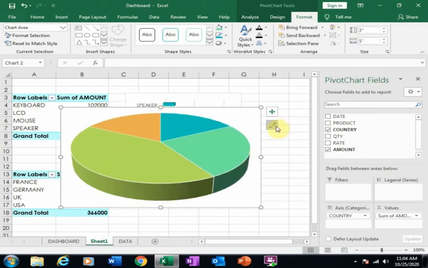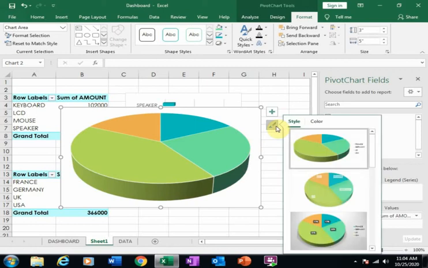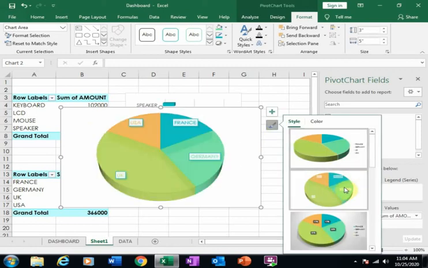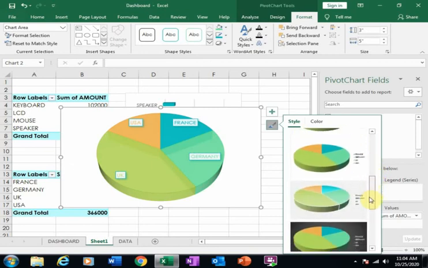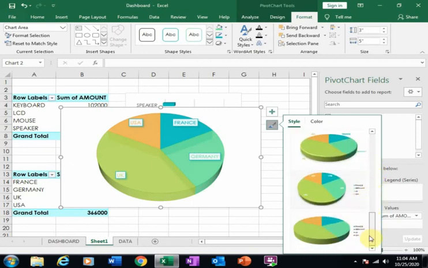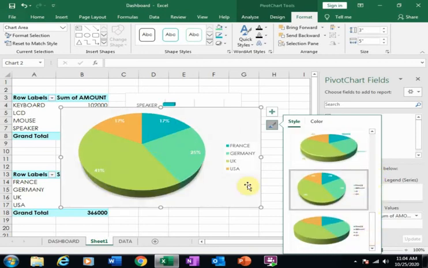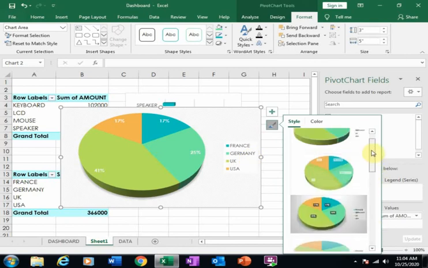Here is the option chart style. Just click here. Here are different styles. It will show the percentage also. You can see here.